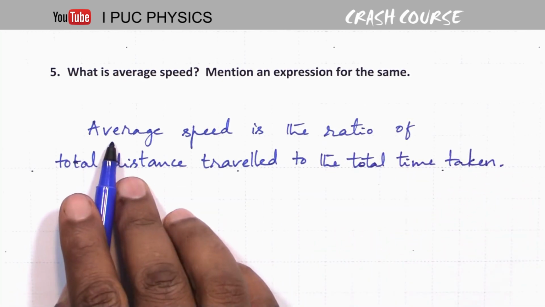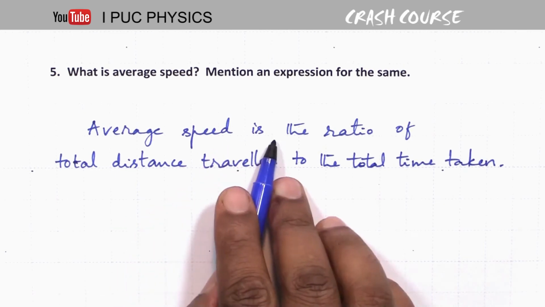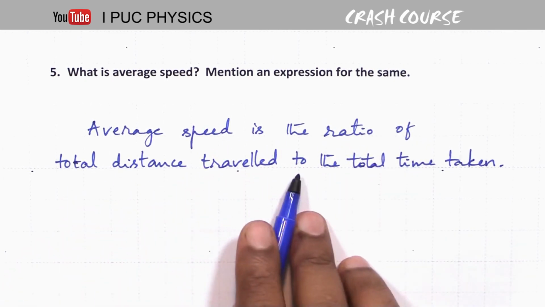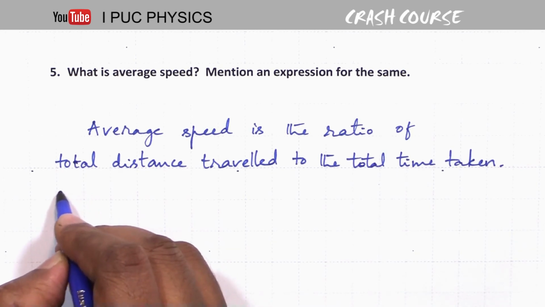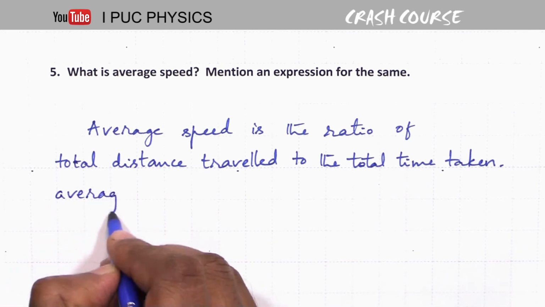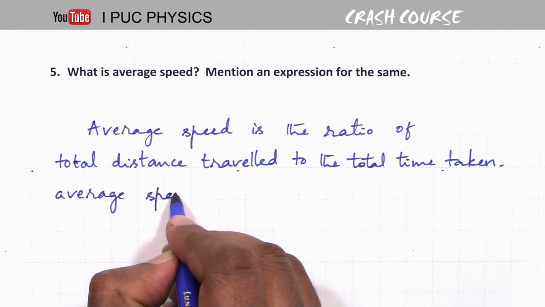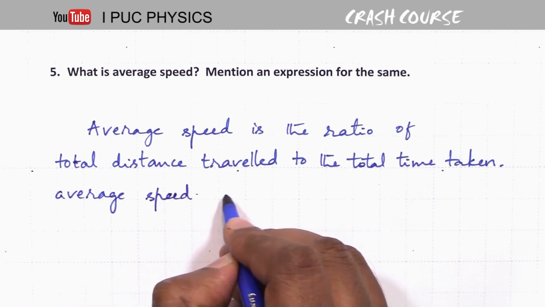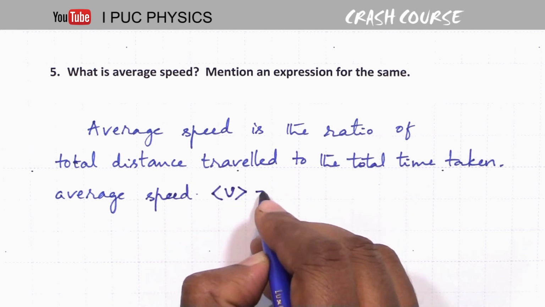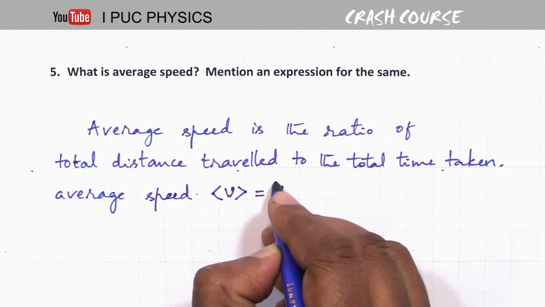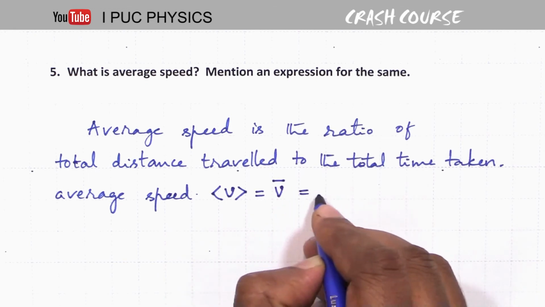Again, average speed is the ratio of total distance traveled to the total time taken. So average speed is denoted by V within angular brackets or V bar equal to